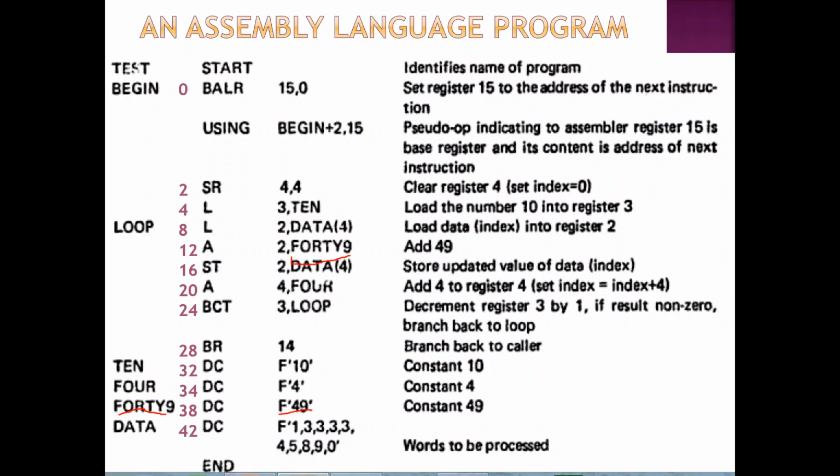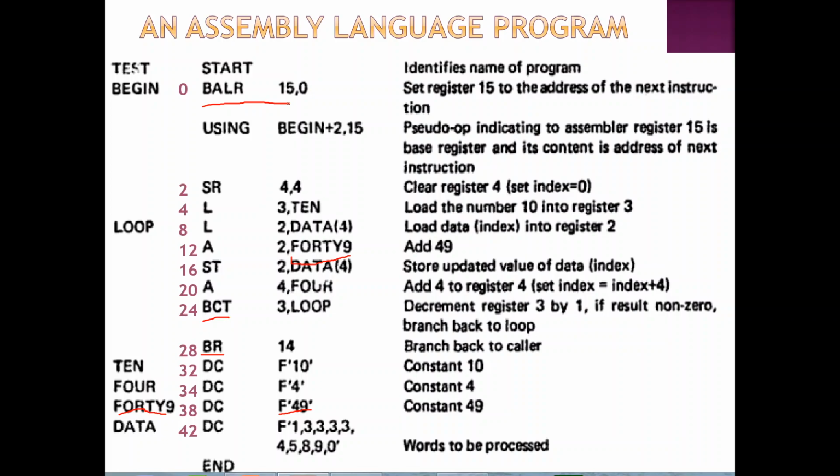We have also included some lines like, for example, BCT for looping, and BR for ending the program. When the program is done, control can be transferred to execute some other set of instructions. That is BR. Then we also used BALR, branch and link, where we said which is the base register and what address you're going to store there. Apart from that, there are also pseudo ops: START, USING, and DC, which we have in this particular program. This is what we discussed in the previous class.